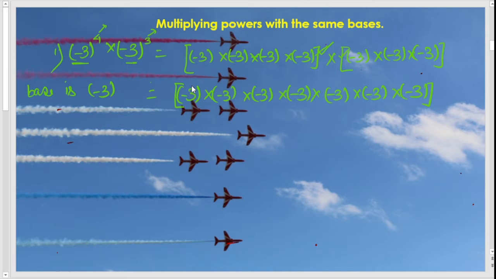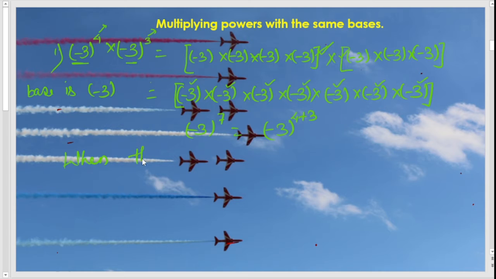Counting these, 1, 2, 3, 4, 5, 6, 7. Now it can be written as -3 to the power 7, that means -3 to the power 4 plus 3. So we came to know that when the bases of a number are the same and they are multiplied,